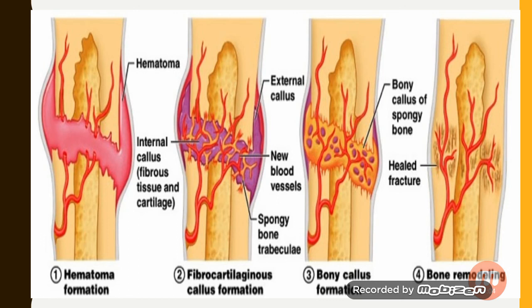Usually more bone is produced at the site of the healing fracture than needed to replace the damaged tissue. Now, the osteoclasts, which are the bone destroying cells, eventually remove the excess debris from the site of the bone fracture,